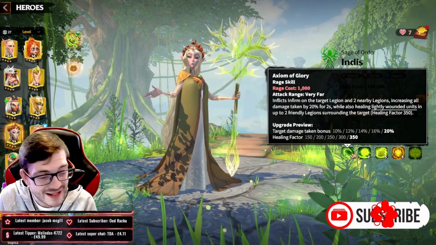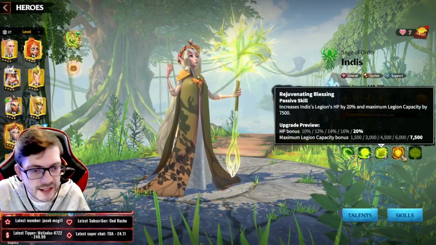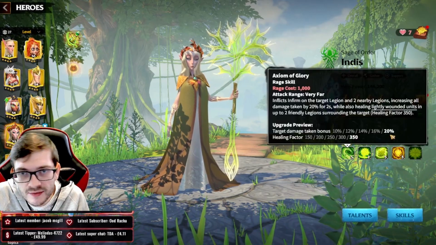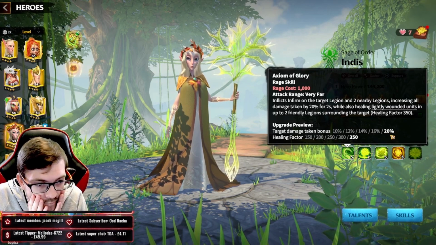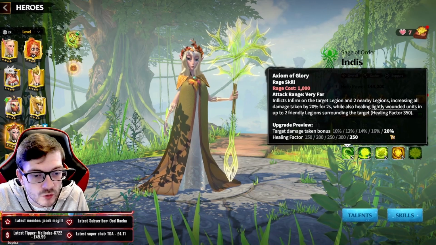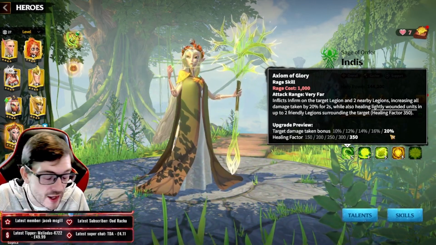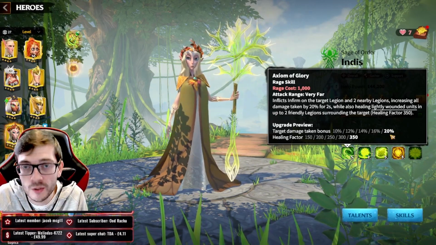And this is what is key, because the thing with INDIS is you have so much tanking and you need a payoff, and that 20% extra damage to 2 targets is just insane. It's just insane how well this can work together. And the fact that you're infirming the target